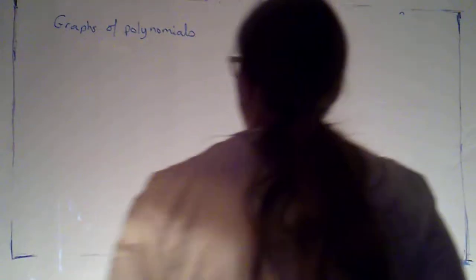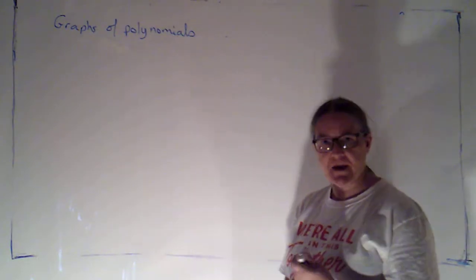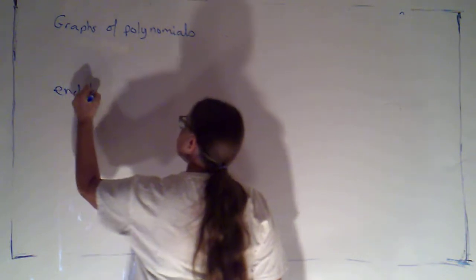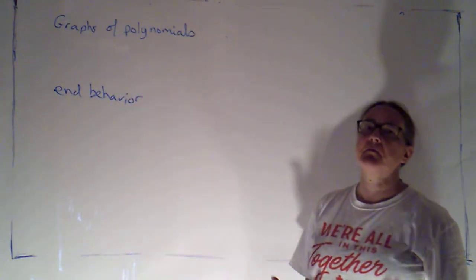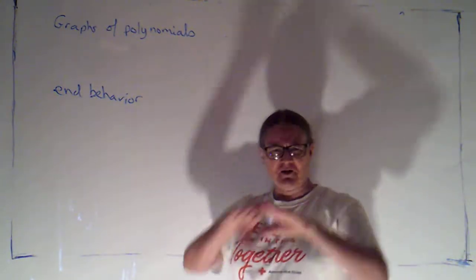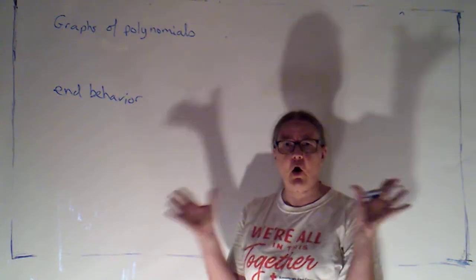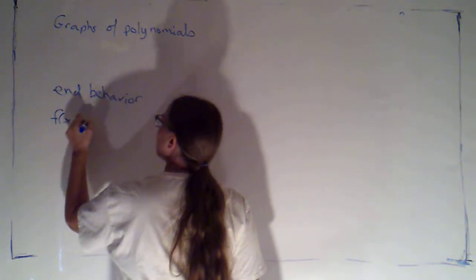We start talking about the graphs of polynomials, and we've already done that a little bit in talking about the end behavior. We've seen that if I have a non-constant polynomial, constants are kind of special because their end behavior is the same as their behavior everywhere. They're just always at a certain height. But if f of x is not constant,